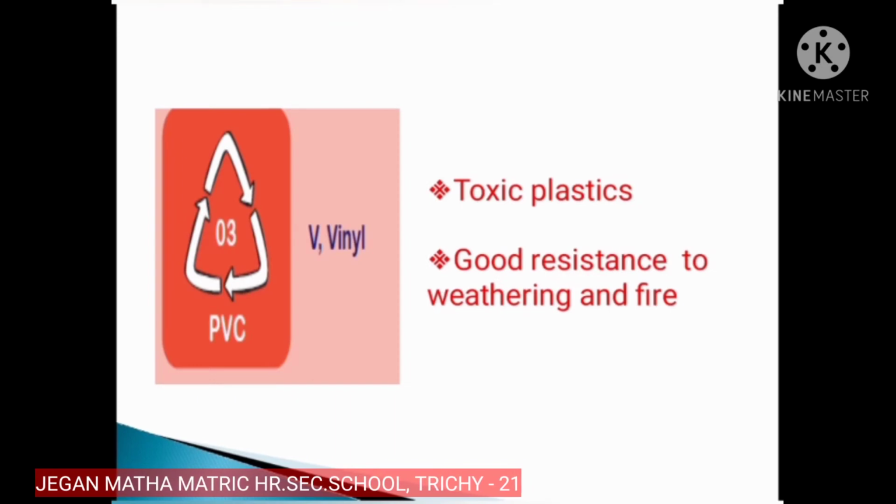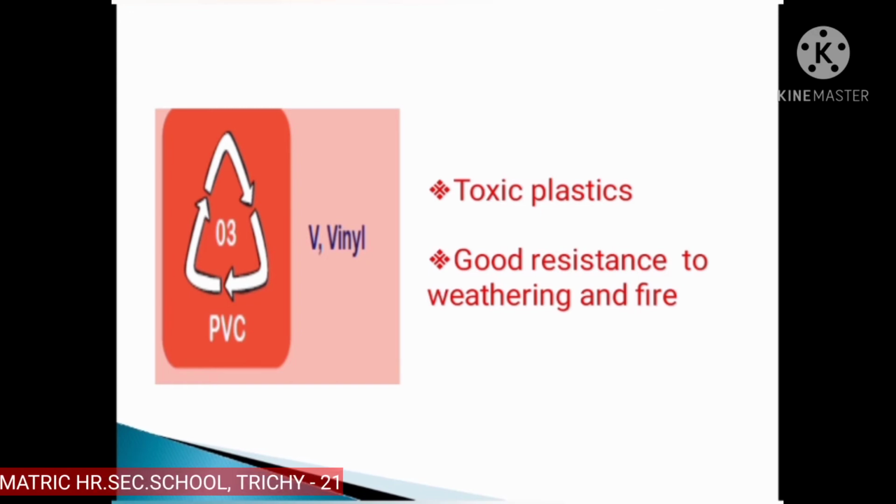Then resin code 3. The other name of this plastic is vinyl. Common items: PVC fibers. These fibers are used to make shower curtains, outdoor fabrics, raincoats, boots, fishing nets, synthetic yarns, children's clothing and blankets. This type of plastic is also used for stickers on clothing, dress costumes and fake leather. This is the most toxic plastic. Vinyl has good resistance to weathering and fire.